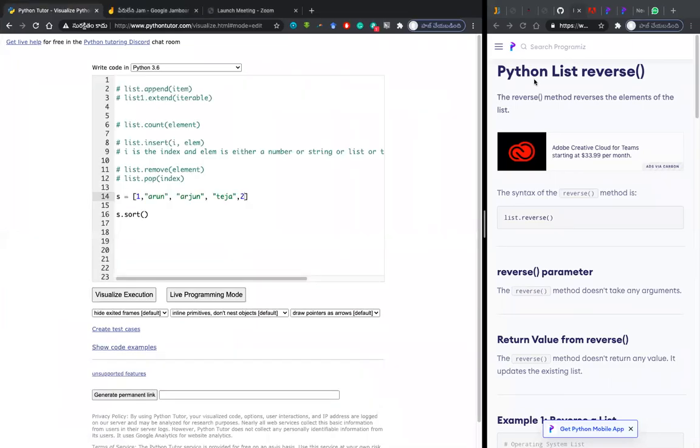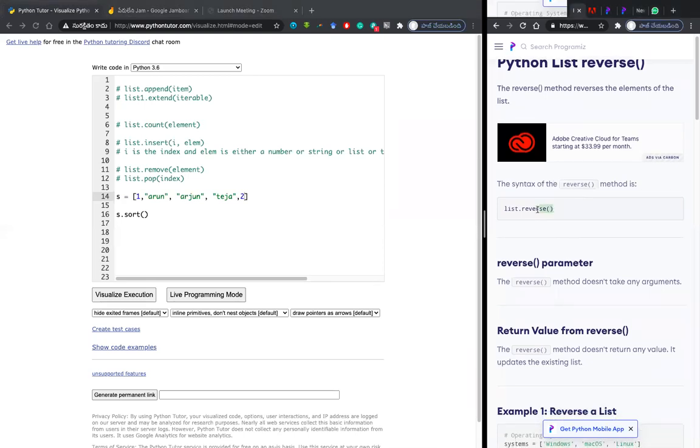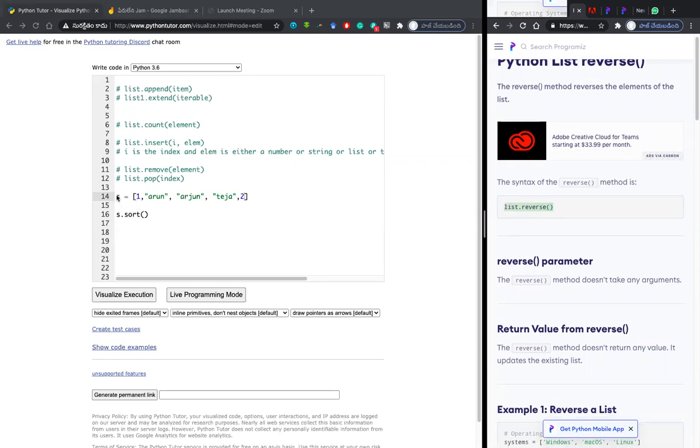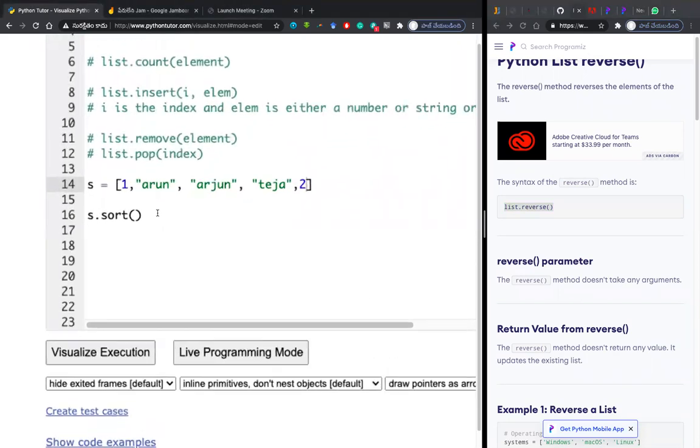Right. Now, after reverse, I think we are at reverse. See, this is the index for the reverse way. List dot reverse. So what is expected from list dot reverse? For example, if it is the list, you're not going for sorting. Remember, the sorting always compares among them to arrange them in an order. So if you try to sort it, it is always expecting the same type of values so that it can compare between them. But now coming to the reverse,